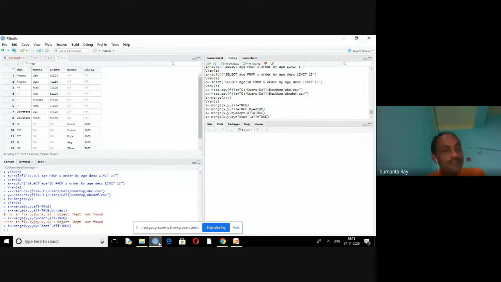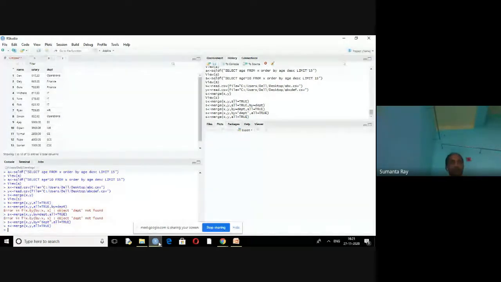If you are going to merge with respect to a particular column, then the merge will happen in this way. And if you directly merge, if the column name is the same for two different tables, then it will be merged in this way.